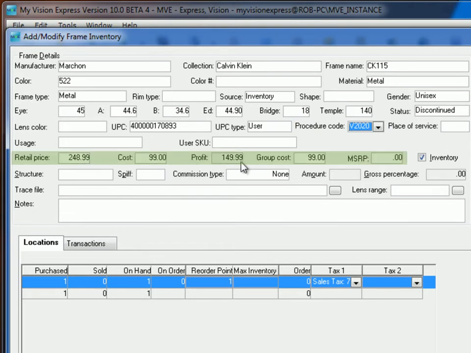Right here you have your group cost, your manufacturer suggested retail price, which you may not want to fulfill, and the profit is calculated from the retail minus the cost. So this is your list cost right there, and there's a couple of ways that retail could actually be entered. It could be entered directly on its own field, or it can also be calculated based on its group cost